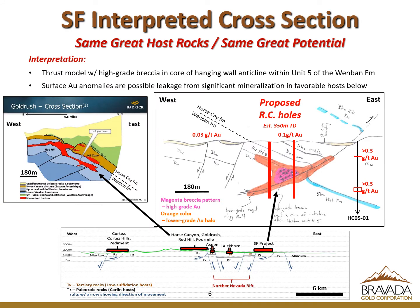In this slide, on the lower portion, we see a cartoon showing the thrusts at Cortez Hills, thrusts at Gold Rush, and thrusts at SF. Cutting between those is the Northern Nevada Rift, which is cut over top of that earlier stage of mineralization. On the cross section for Gold Rush, what we see is that the mineralization is constrained primarily in two